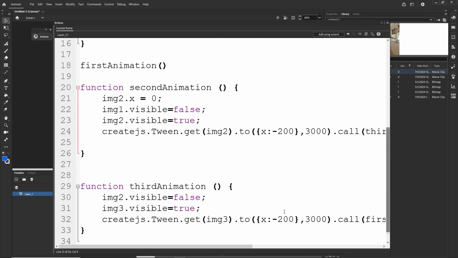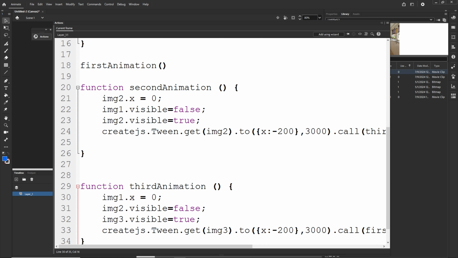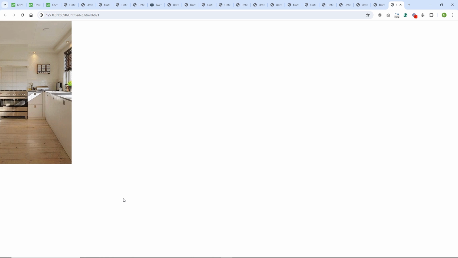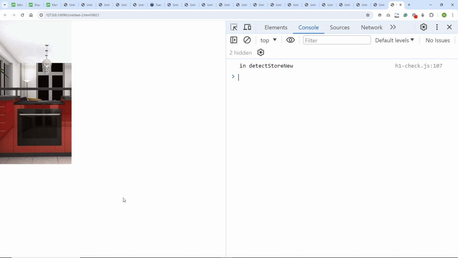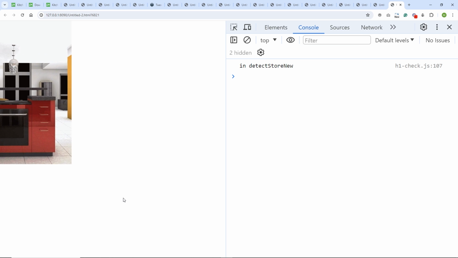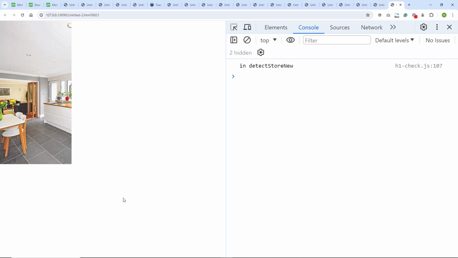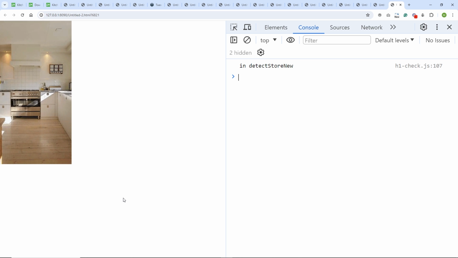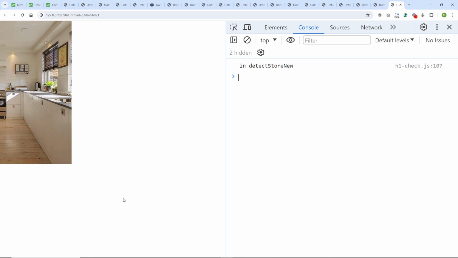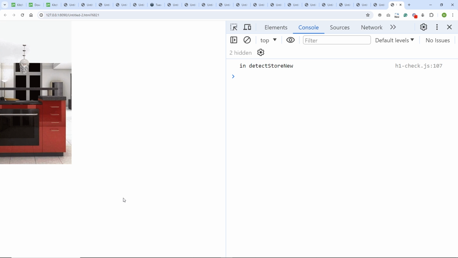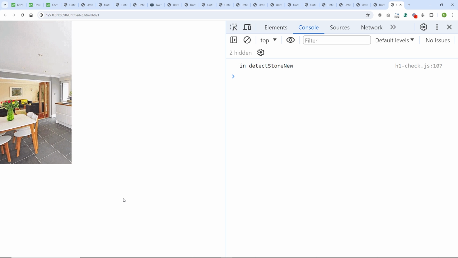And in the third one, we would like to have image3x to be 0. I will go with Control Enter, and right now, if I don't have anything wrong, this is going to be looping these animations forever. So right now we have the third one, and then one more time we go to the first one, we go to the second one, we go to the third one, and this is going to be